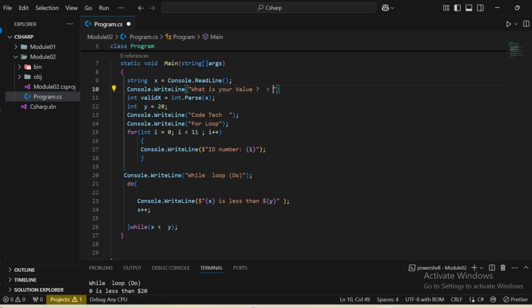What is your value? Parentheses and then x. Good. Now since we are using valid x, we're going to take this one because it is the value which is